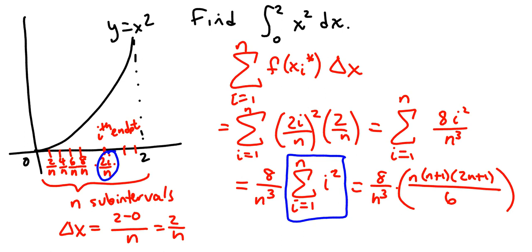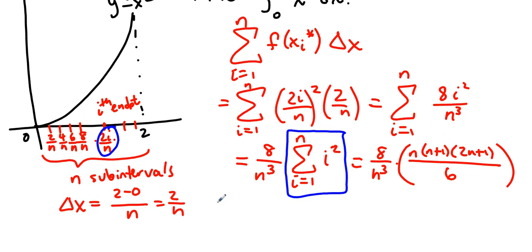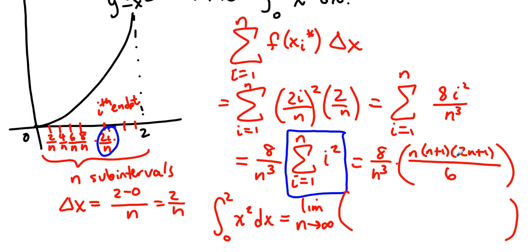What are we interested in? We are interested in the integral from 0 to 2 of f of x dx, which means we want the limit as n approaches infinity of this thing. Well, what is this thing? Well, a little bit of algebra tells us that this is 16n cubed plus 24n squared plus n over 6n